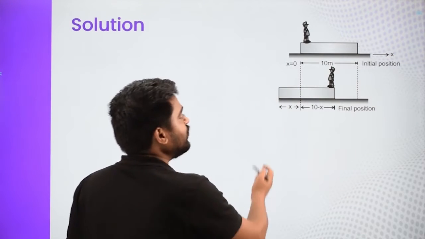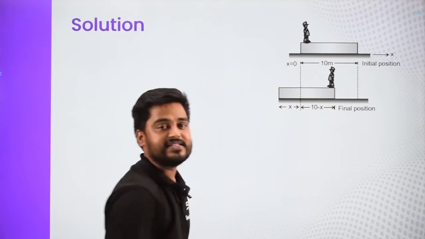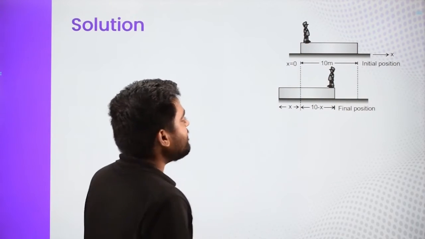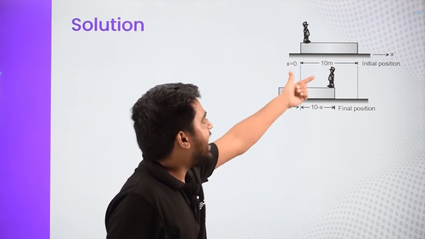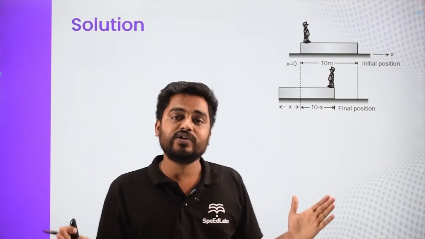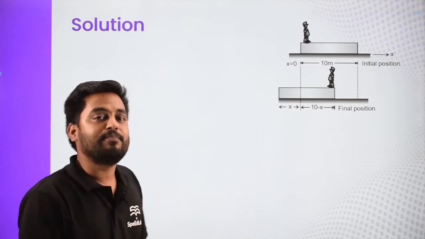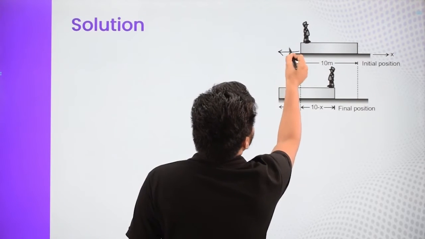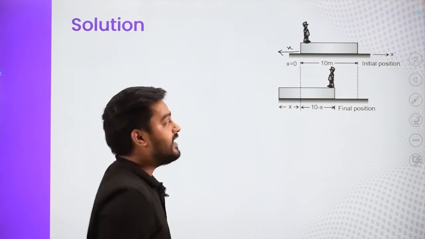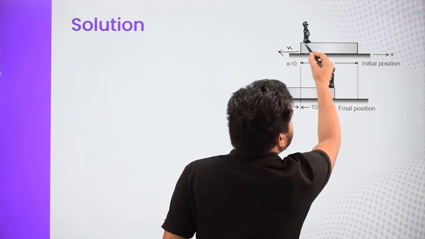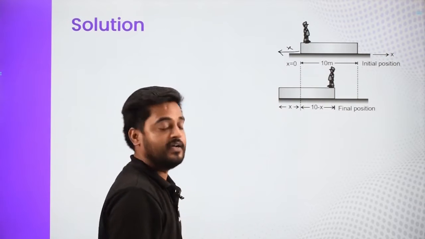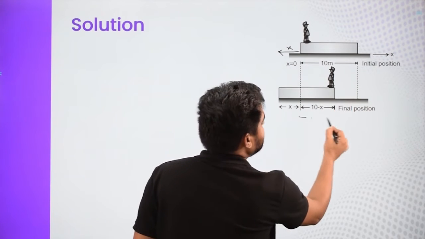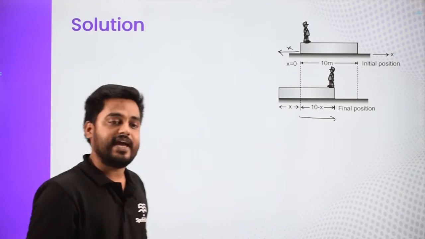Now let us move the man to this end. So in the process, see, one mass is going towards right. So the other mass, the plank, has to move towards left in order to keep the center of mass in the same position. So let us say that our plank is moving in this direction by X amount. So this is X and the person has to travel all the way 10 meters with respect to plank. But when the person travels 10 and the plank comes back by X, the person is actually traveling just 10 minus X.